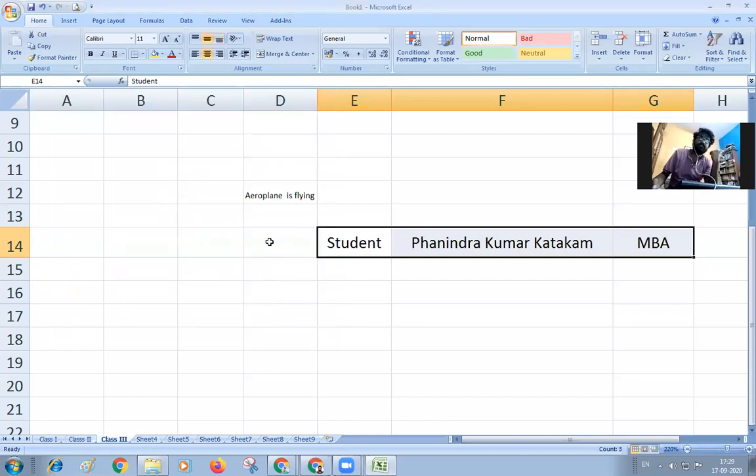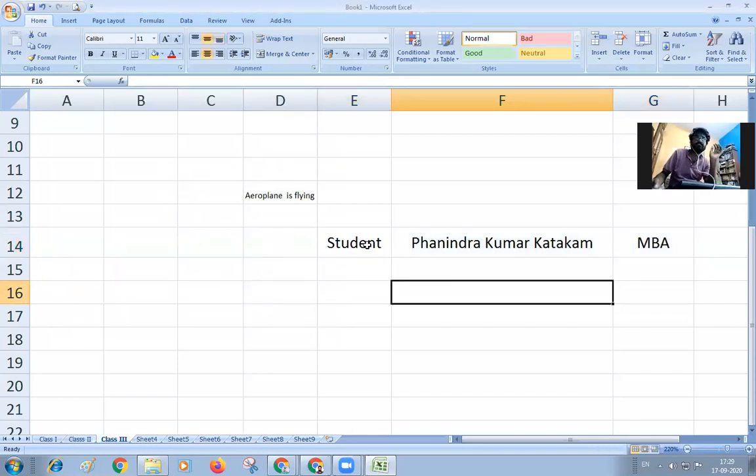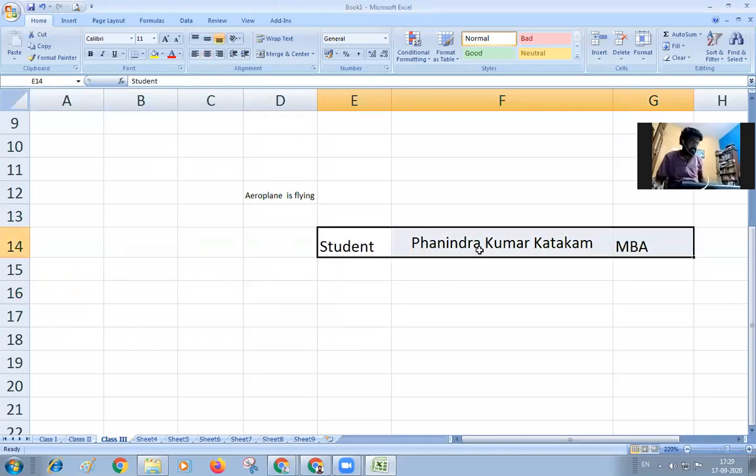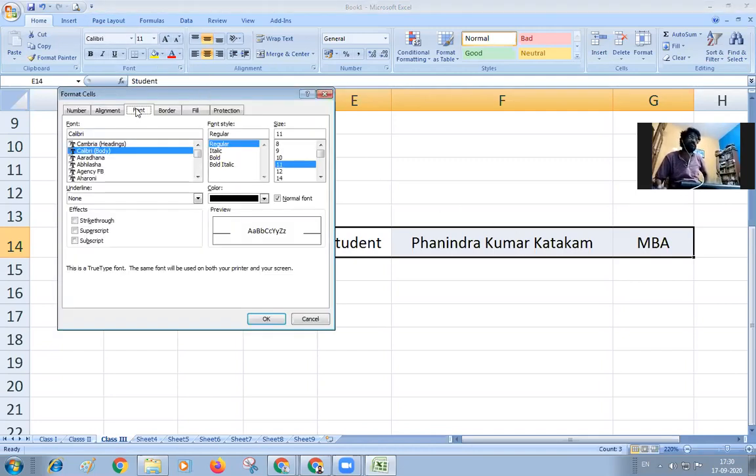So I've done this, you can identify the change. See, this student is left aligned, MBA, and what I have done is I have changed the style of the student, MBA, and Fanindra Kumar Katkam to center alignment. This is regarding the first two options, the font and the alignment.